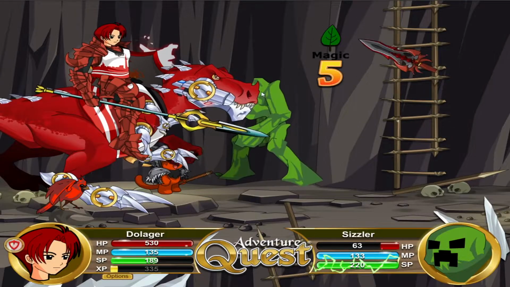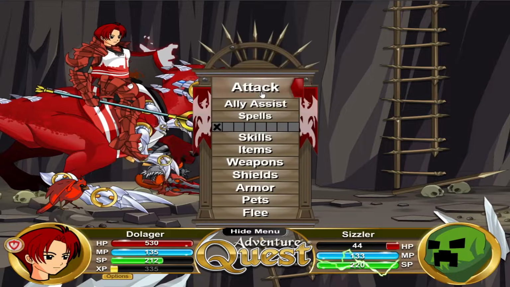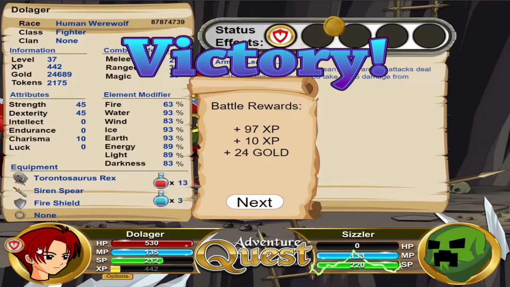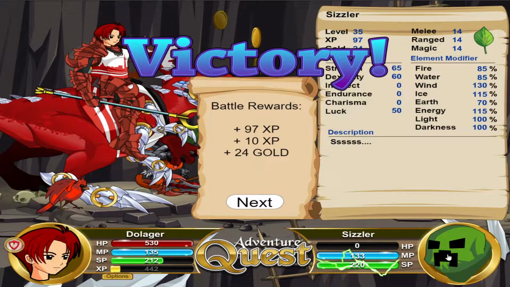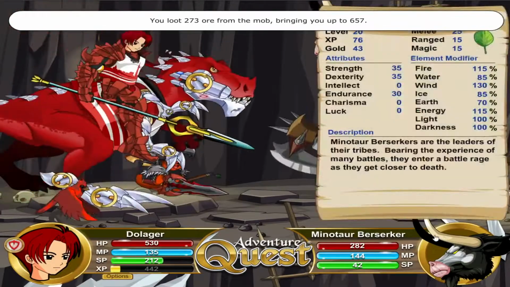Oh, he's really close. He's really close. Come on, come on, come on. I don't even want to find out what happens when he gets too close. All right, we got him. We got him, boys. Oh, he gives no XP. Okay, he gives negative amounts of XP. All right, so I guess